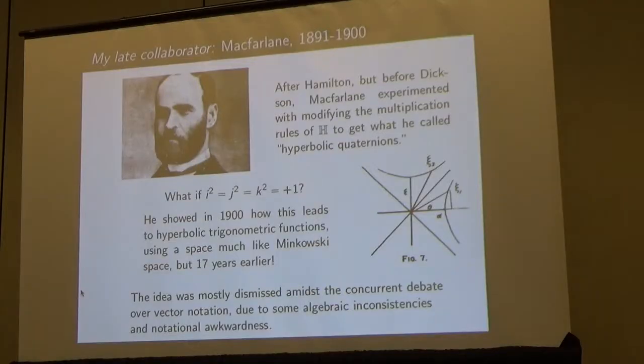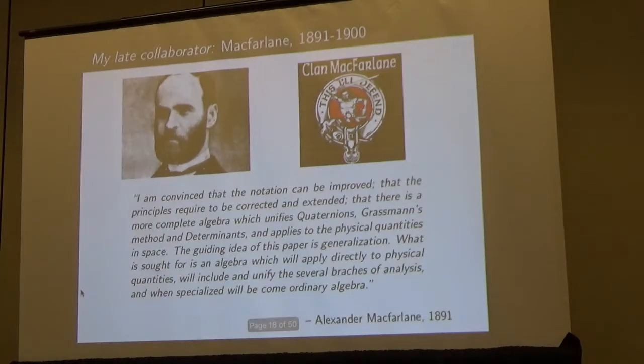You have i, j and k ended up making it into Calc 3 for the coordinate axes of R3, but there's no mention of the origin from the Quaternions. So there's a lot of borrowing and cutting and pasting things together, and admittedly Macfarlane's notation is kind of atrocious. It's really difficult to read. His ideas are awesome, but he just made up his new names for hyperbolic trigonometric functions, and it's pretty dense to read. Also, there were some algebraic inconsistencies in his first paper on this that were resolved in the second one. So anyway,